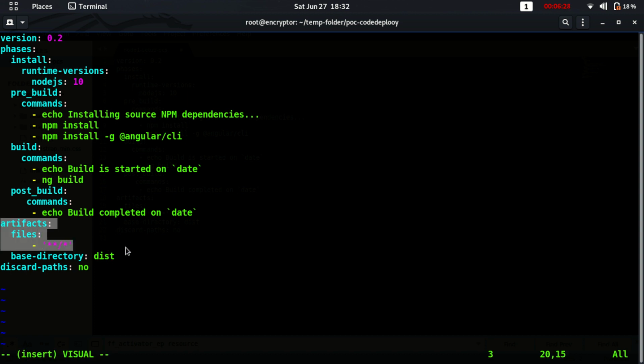Then in the artifact section, you need to define the base directory where your code exists. So after ng build, the dist folder will be created. I'm mentioning here, in the file section, it is a glob like */ /*. It means all the files and inside the folder and subfolder in the dist. So all the files inside the dist folder will be pushed to our S3 bucket, and we will mention the S3 bucket when we create the AWS